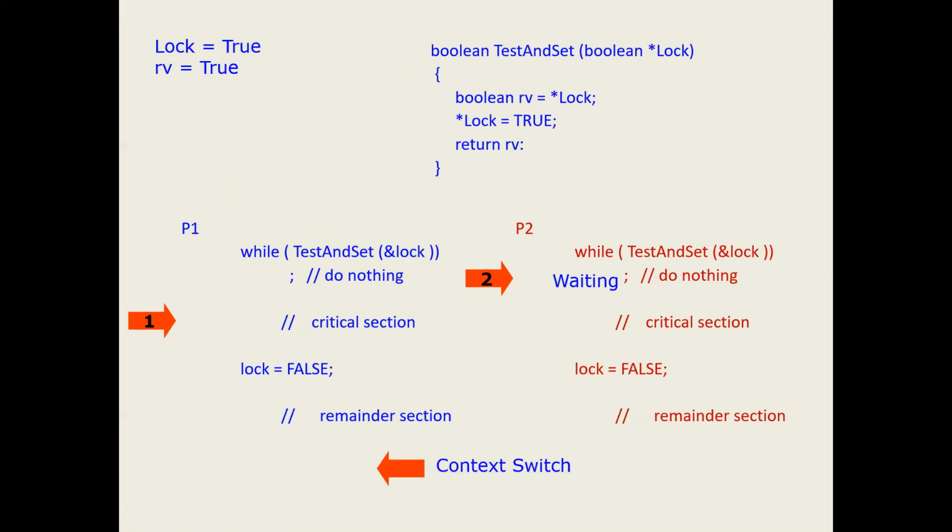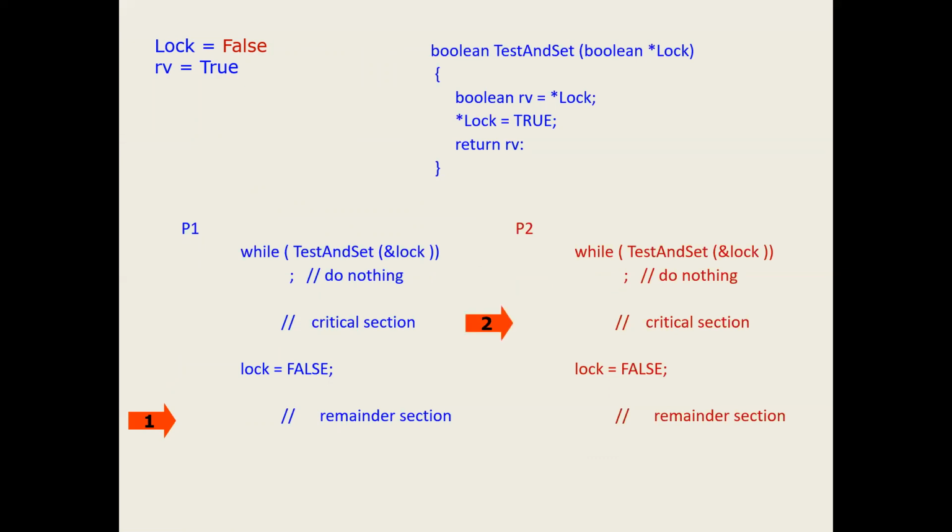After a while, let's assume that there's a context switch again. So P1 gets the chance. After completing the critical region, P1 will release the lock. That means lock will be set to false. So when lock is set to false, P1 can do any other work. Suppose that there's another context switch going from P1 to P2, and now the condition is checked again, lock is false, that means the while loop becomes false. So P2 can enter the critical region.